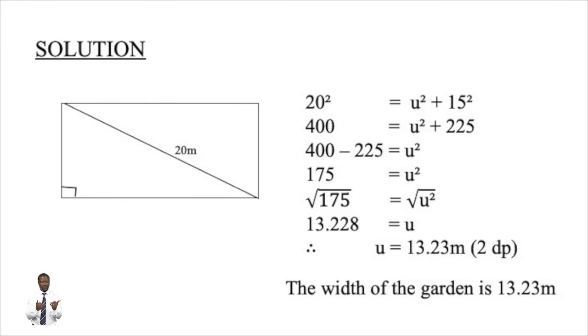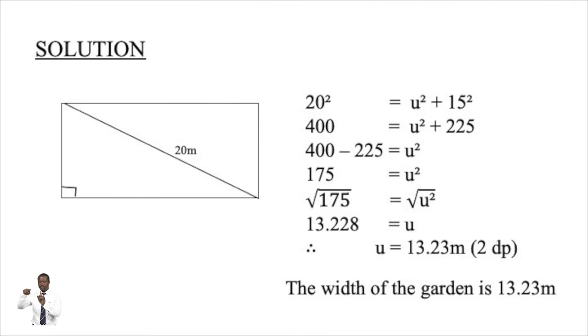According to the question, the diagonal of the rectangular garden is 20 meters, as depicted in the diagram you see on your screens. And from the question as well, the length of the garden is 15 meters. The side we don't know is the width, and we have represented that by the variable u. So stating the Pythagorean theorem from this diagram, we are going to have 20 squared is equal to u squared